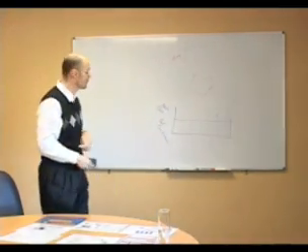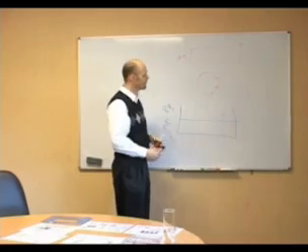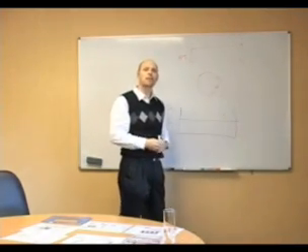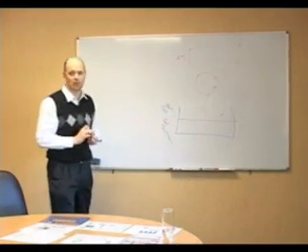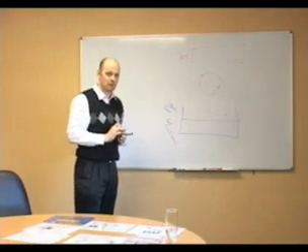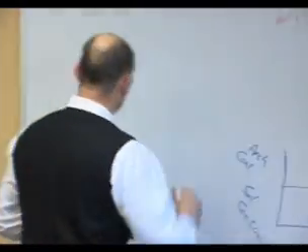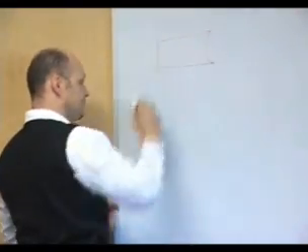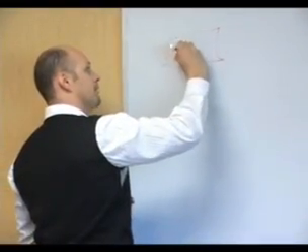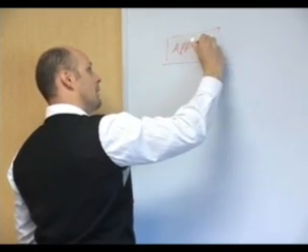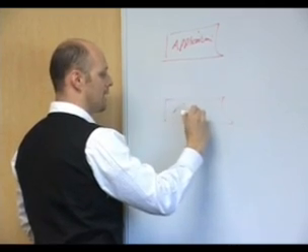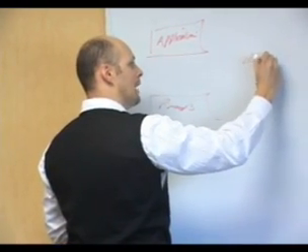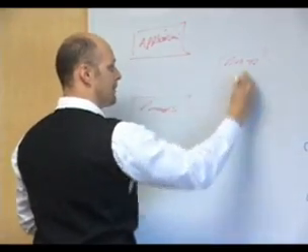And TOGAF 9 has introduced a lot of interesting new concepts that flesh this out a little more, but the primary addition is sitting at the bottom here, and it's referred to as the content framework. In other words, it is a meta model to help you identify what types of building blocks you need to build. So, for example, I could have an application, and I need to determine what processes this application is automating, how it relates to data,